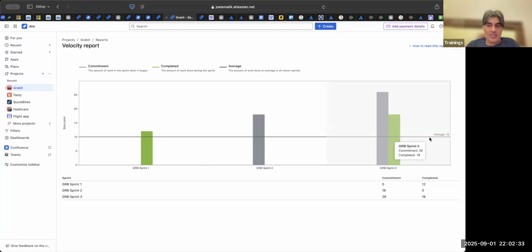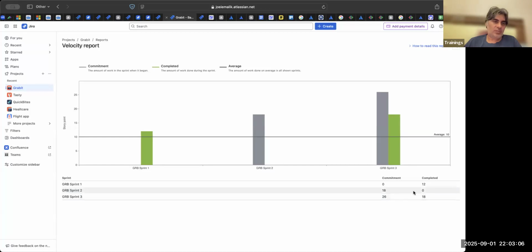So this commitment is how many story points we are committing, we are promising. This is the planned work, this is the actual work. So planned was 26, actual was 18. So 18 divided by 26 into 100, that is your completion rate, or work completed rate, or velocity completion rate. Or 10 stories you planned, you completed 7, 70% completion rate.